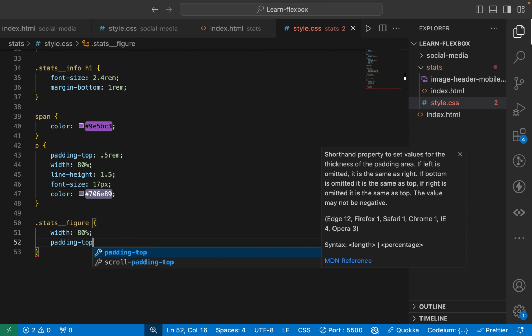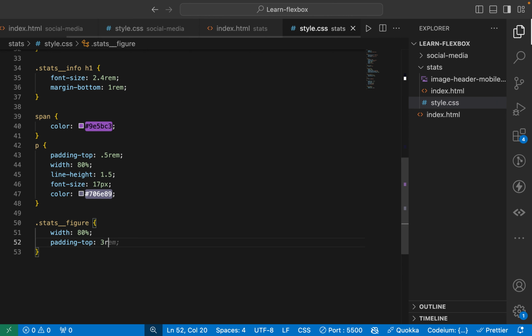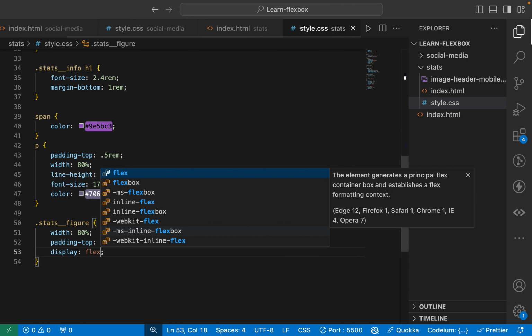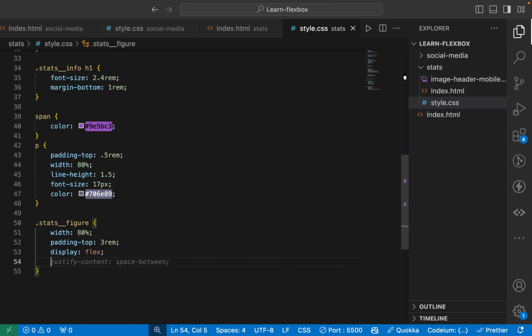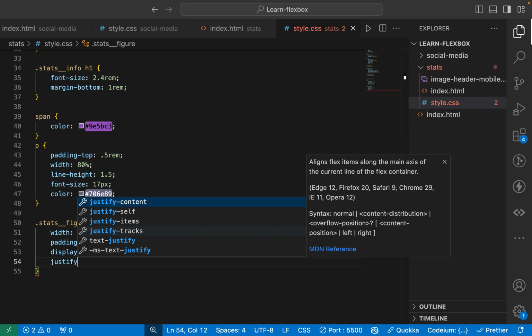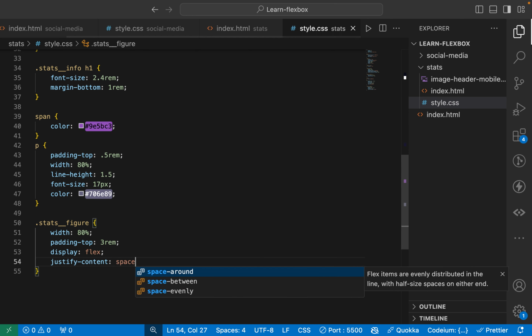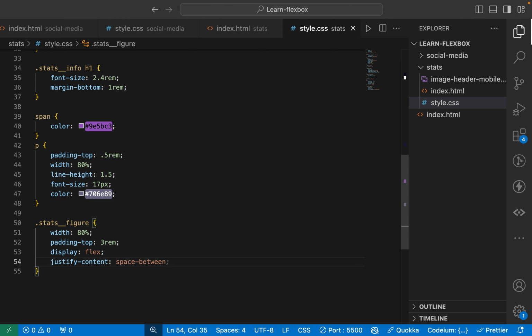Padding top is still red. The display is flex, because it has to be flex to have it side by side. Justify content is space between,